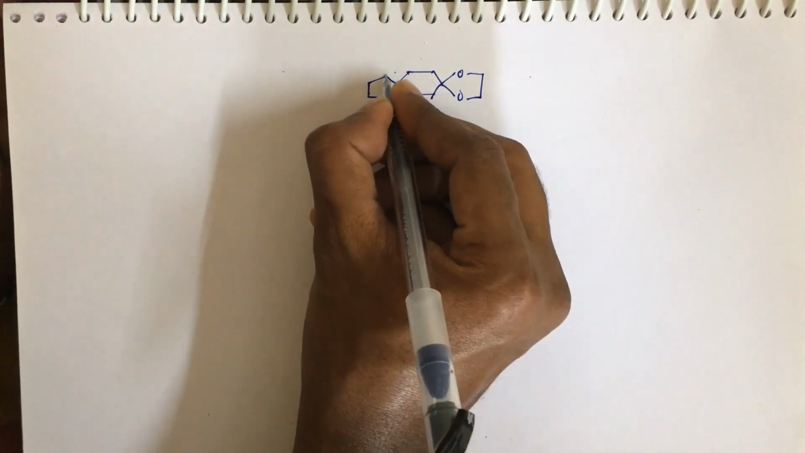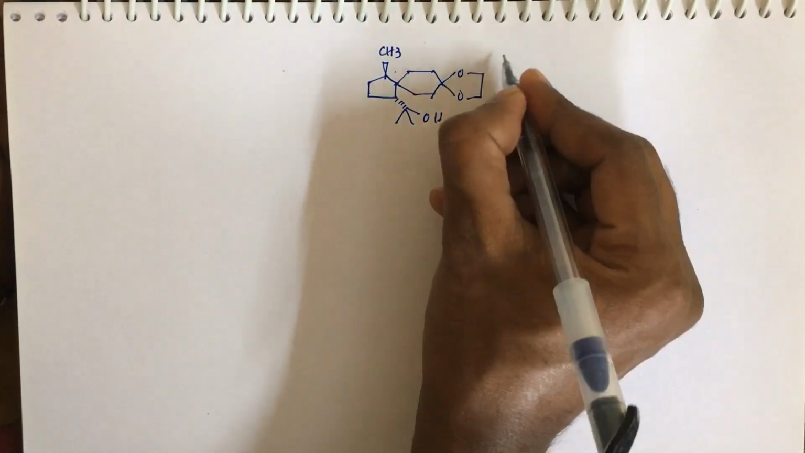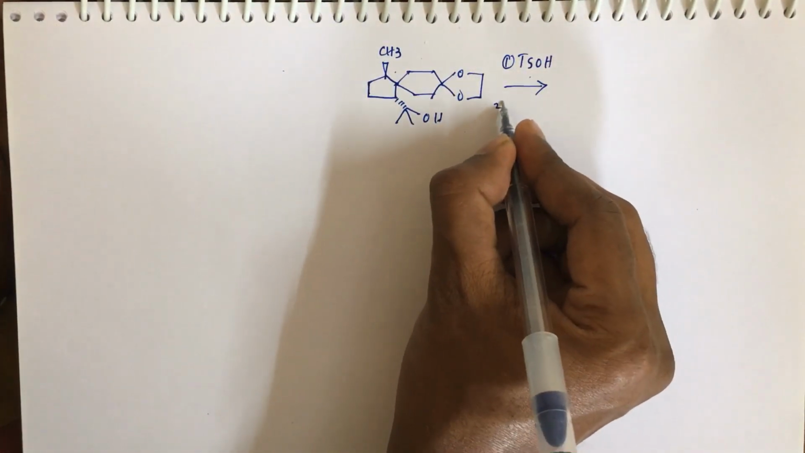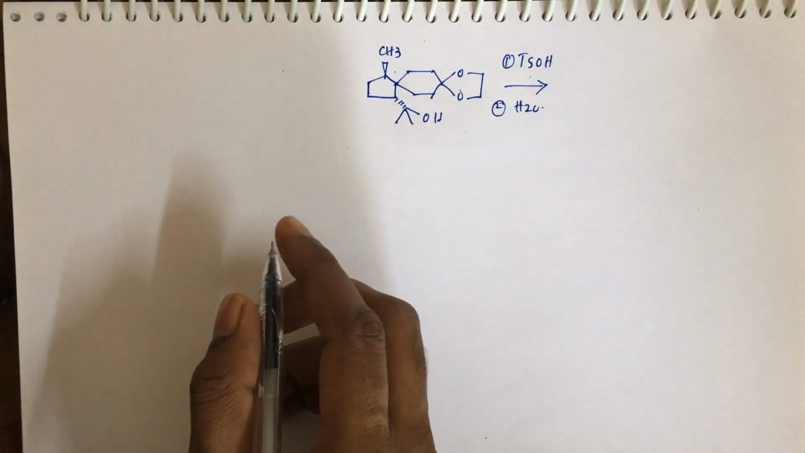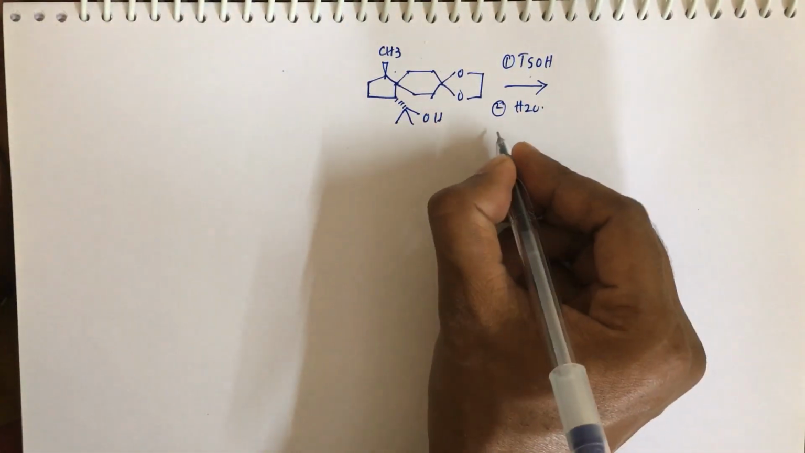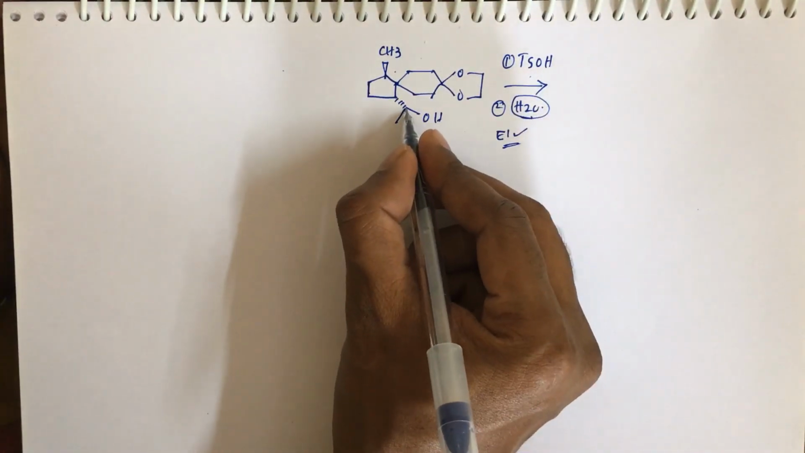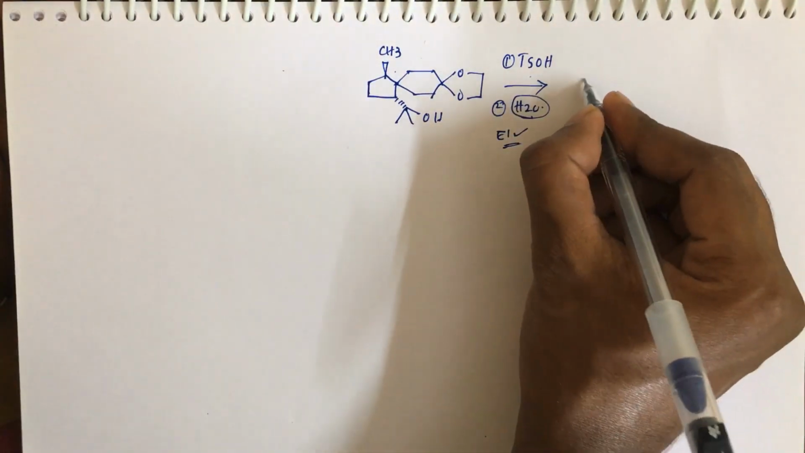Here we have a methyl group. In the first step we have a reaction with tosyl chloride, and in the second step we have water. Okay, so we know that it's an E1 elimination reaction because we have a weak base, and also because of the stability of the carbocation, which is more stable. Okay, so in the first step,